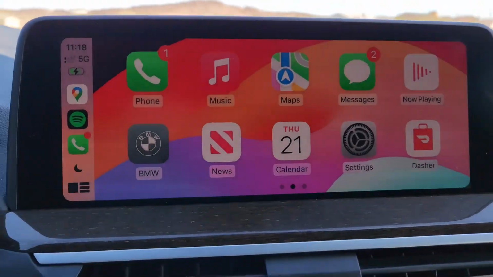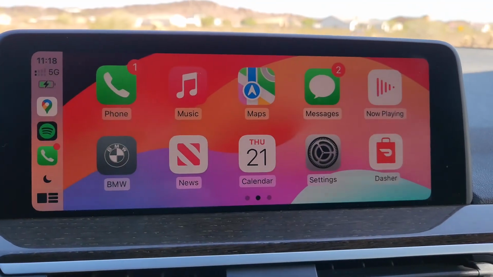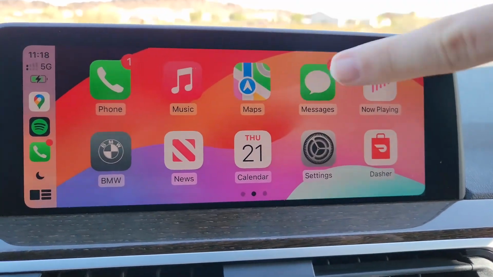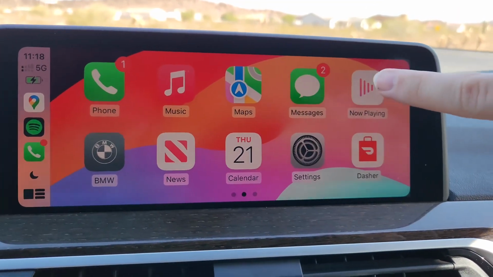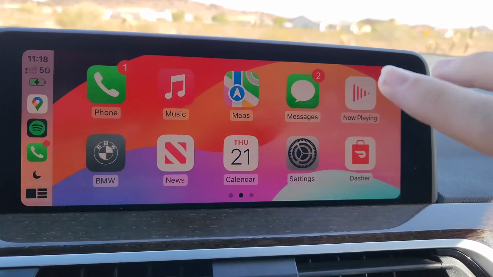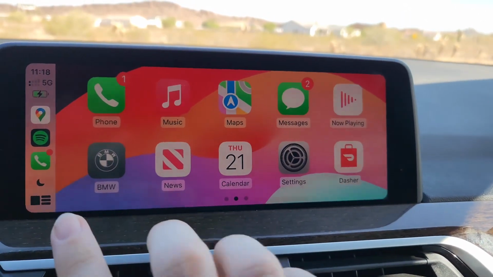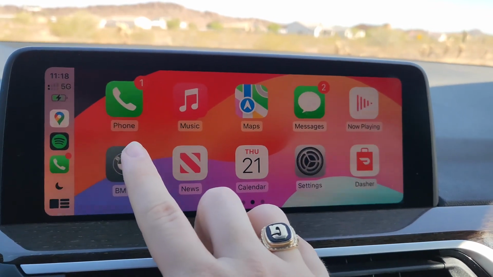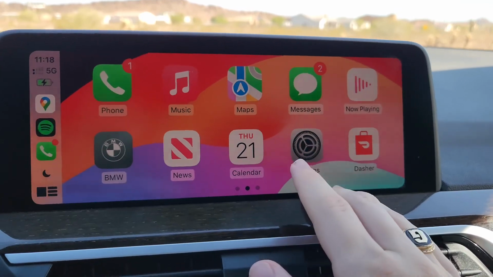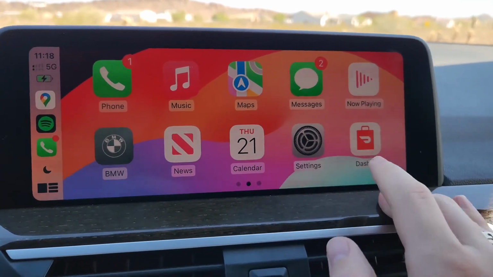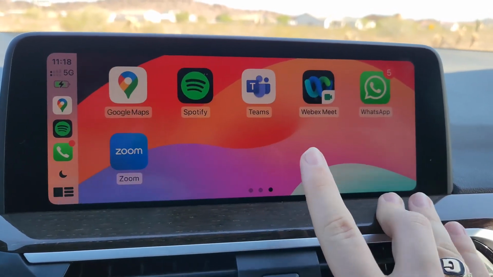You can see it goes right into the menu. One phone call missed. You can select your Apple Music. You can select Apple Maps. You have your messages. You have your currently playing audio. So whether that's YouTube or Spotify or your Apple Music, you can select that. You have BMW, which brings you back to the BMW menus. You have Apple News, calendar, your settings of the phone for CarPlay, and some other apps if you have them